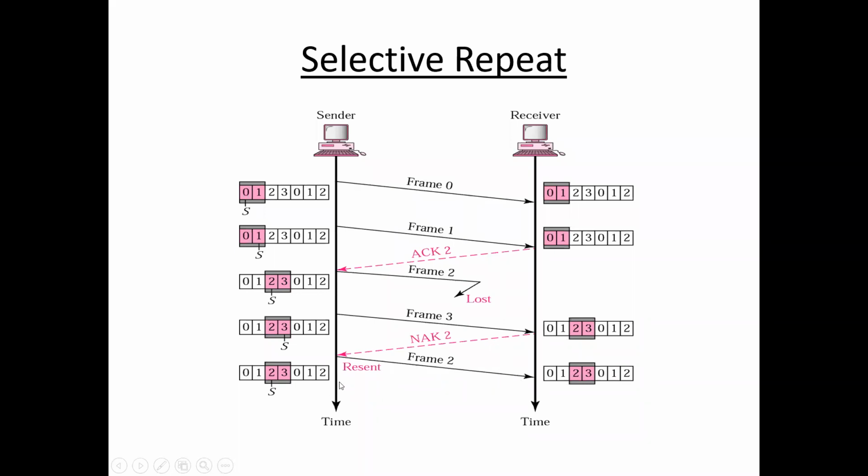Next sender transmits frame 4. Sender transmits frame 4 but not frame 3. But in case of go back N, if frame 2 is lost, sender retransmits frame 2 and frame 3. But in selective repeat, sender retransmits only frame 2. Sender retransmits only the corrupted frame, but not subsequent frames. So here sender sends frame 2 and next sender sends the next frame, that is 4. But why? Because here frame 3 is already transferred to the receiver. So that is selective repeat.